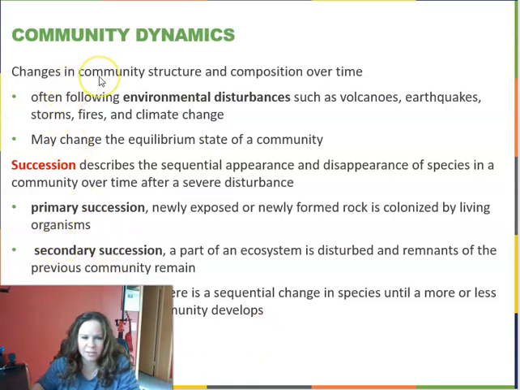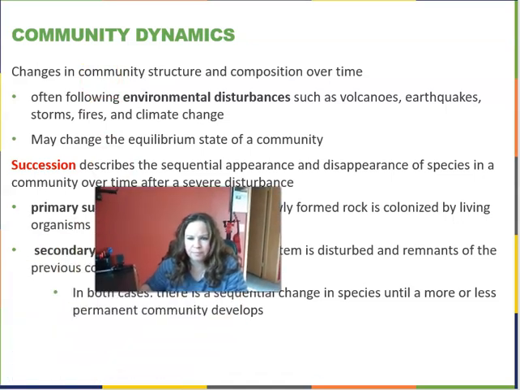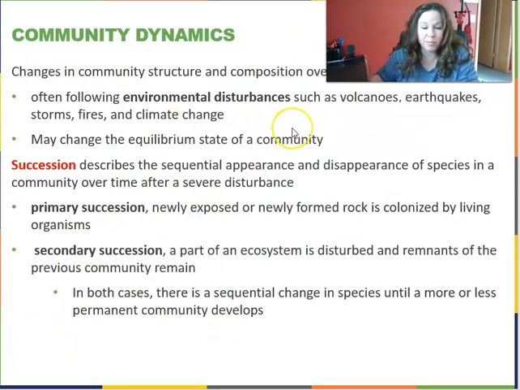So let's look at changes in community structure and composition over time. Often following environmental disturbances like volcanoes, earthquakes, storms, fires, and climate damage can change the equilibrium state of the community. This is called succession. It describes the sequential appearance or disappearance of species in a community over time after a severe disturbance. So we'll start with primary succession, such as, let's say, a volcano erupted or some sort of fire happened